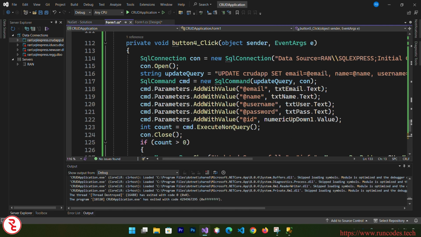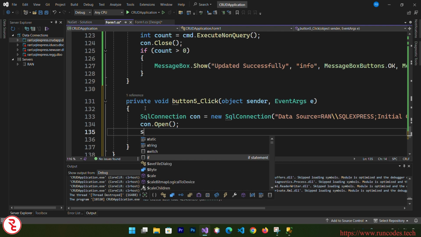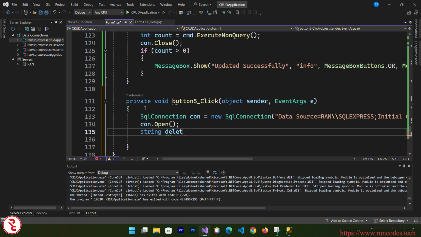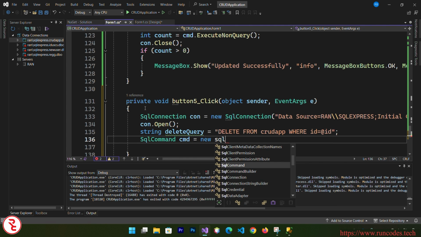Now let's simply copy this, we need this, paste that, and we need a string delete query is equal to, here goes delete from our table name, that is CRUD app, and we need a condition where id is equal to at id, and we need a SQL command class cmd is equal to new SQL command,